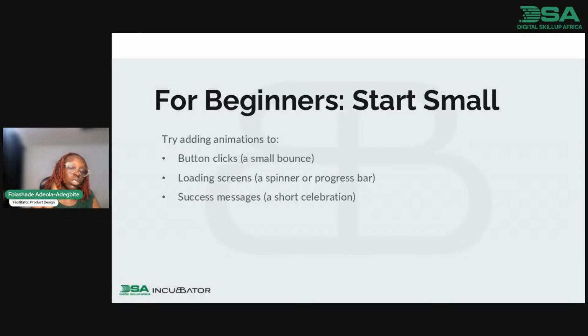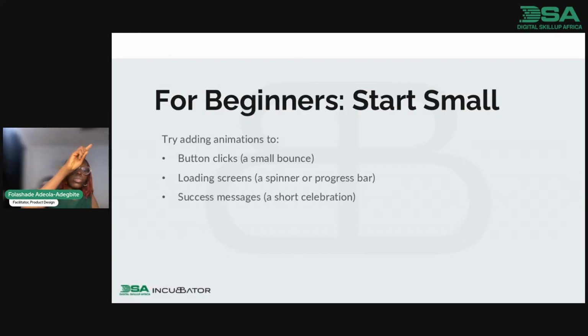When you are showing a loading screen, you can show a spinner as it's going. That thing is an animation. That thing that is going around is showing you loading, or some of them are fast, going like this, showing that something is loading. Or a success screen, where maybe you want to show success.